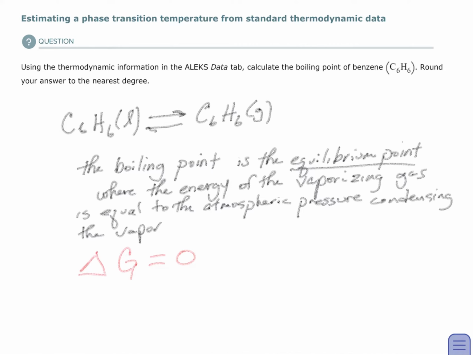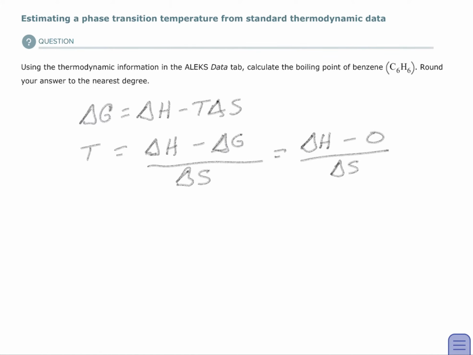If you know that at the boiling point, delta G is equal to 0, you can simply take your normal formula. Delta G equals your change in enthalpy minus the Kelvin temperature times the change in entropy. Change it back, get a temperature. Now this is your Kelvin temperature, and then realize that your G is 0. So really, your temperature is going to be your enthalpy change, your total energy change, divided by the randomness or